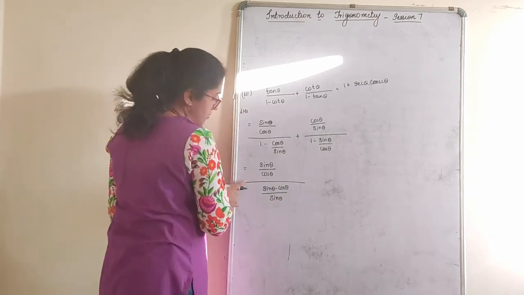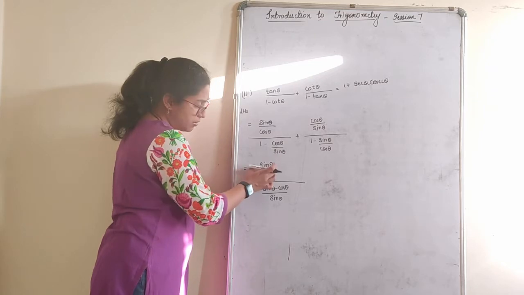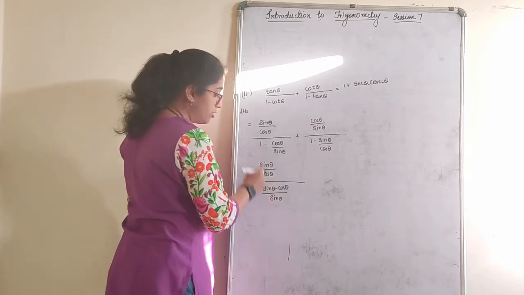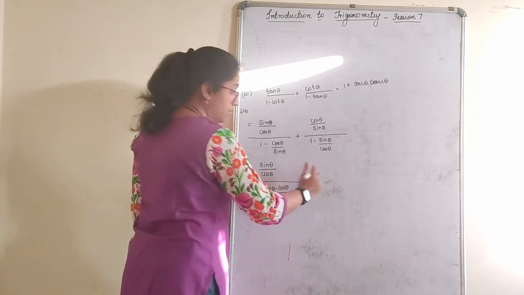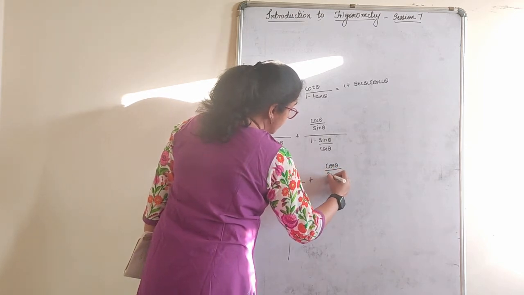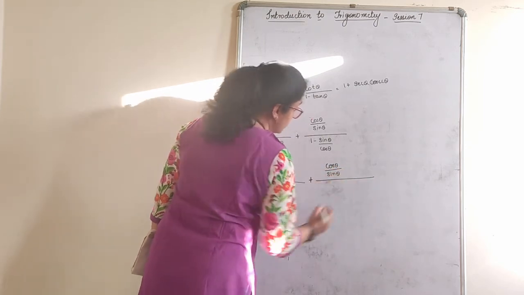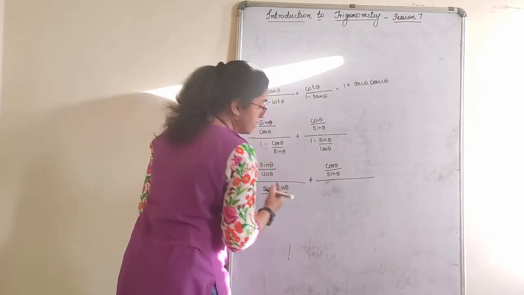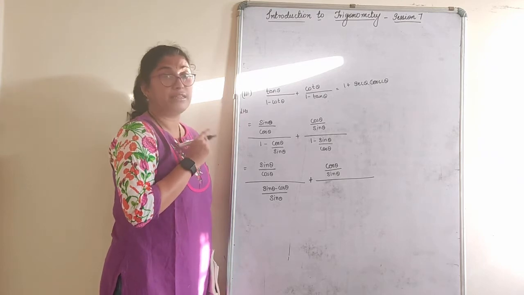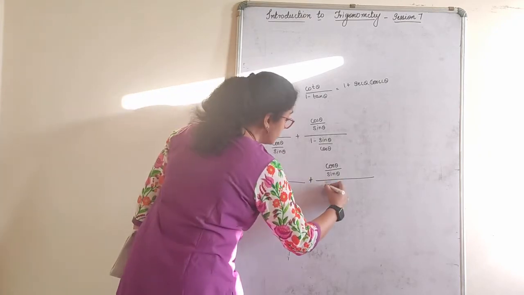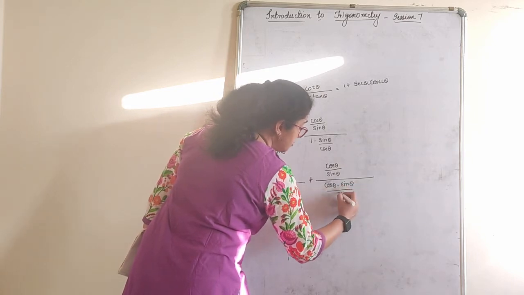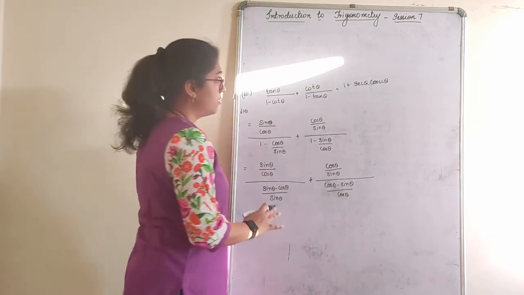Just see here, I am separating this numerator by denominator because we have a fraction here and a fraction here by such a big line. Please do that. Some of you will draw a line, you will not understand what that given thing is. Plus numerator as it is, cos theta by sin theta. A bit lengthier sum, but concentrate. The concept we use here is very, very important to understand. Cos theta minus sin theta upon cos theta. Very clear?